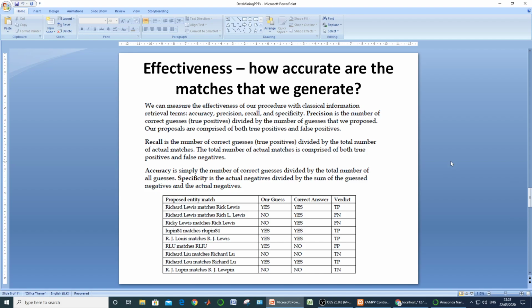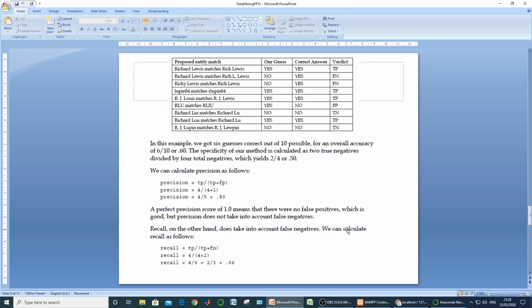The specificity means actual negatives divided by the sum of guessed negatives. In this case, true negatives are equal to 2, and the total number of negatives is equal to 1, 2, 3 and 4. So 2 upon 4 is going to be our specificity.